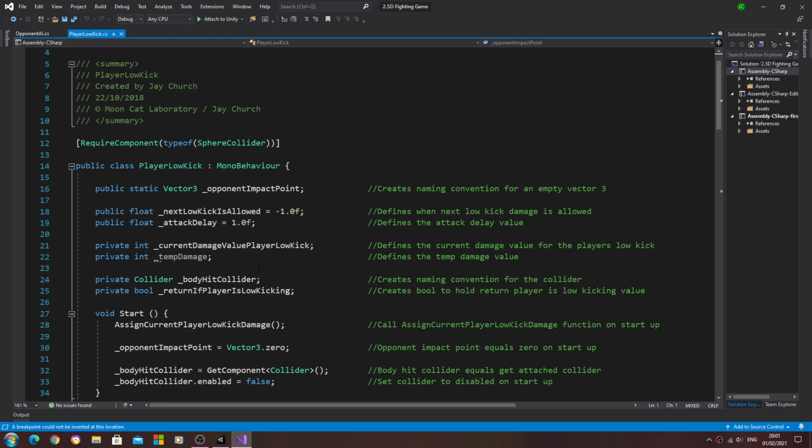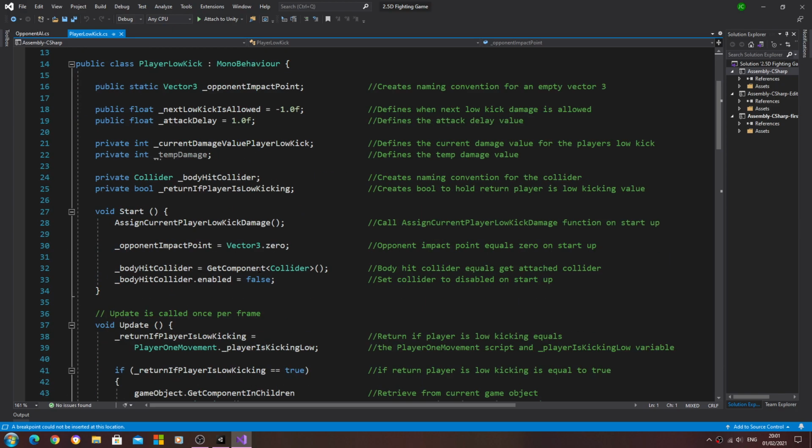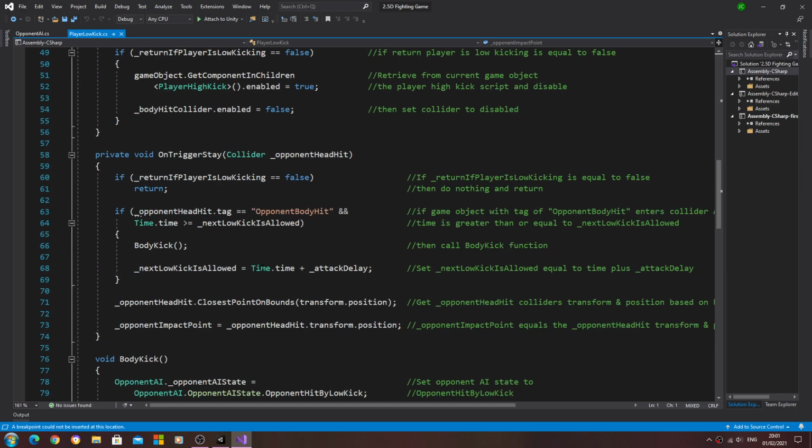Welcome to another video. In this lesson we're going to begin all the fixes for the project, and we're going to start by fixing the hit sparks. We're going to do them a little bit differently now. Before, we used closest point on bounds. Now,